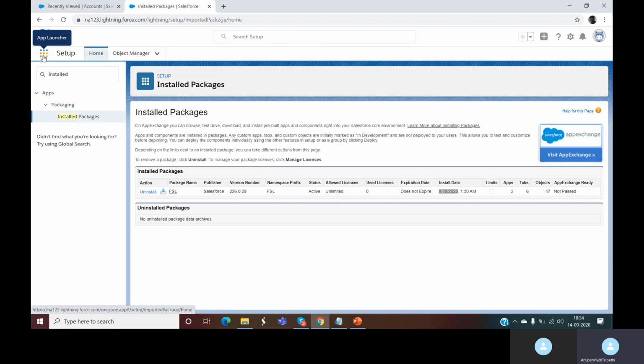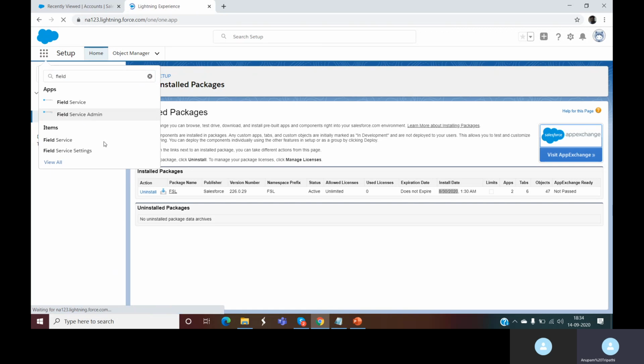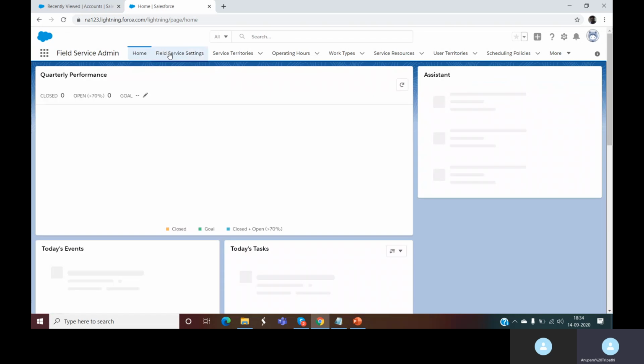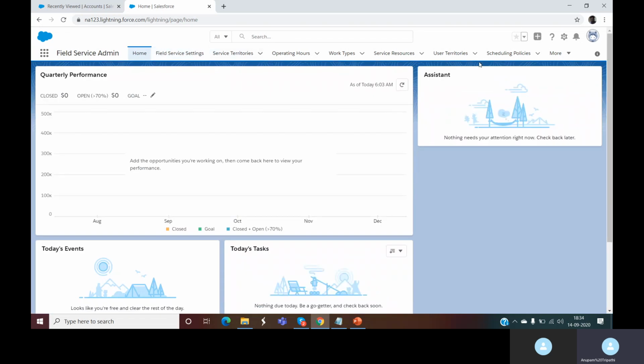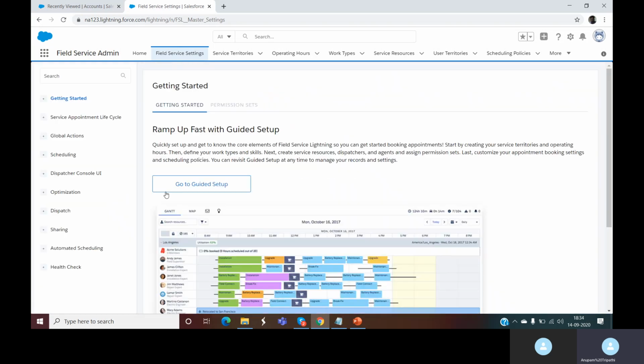Once you install this package, Salesforce gives you an app called Field Service Admin. If you click on it, you can see the Field Service Settings and other objects already available in the app. The first step is to go to the Field Service Settings and enable the permission sets that we talked about in the second session.